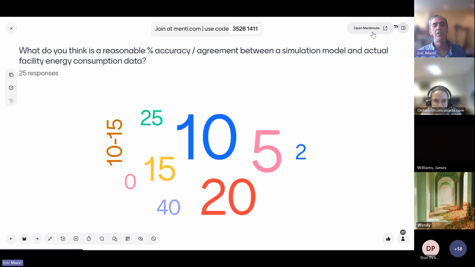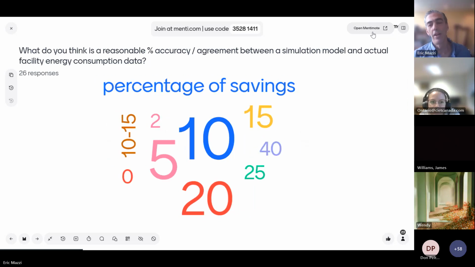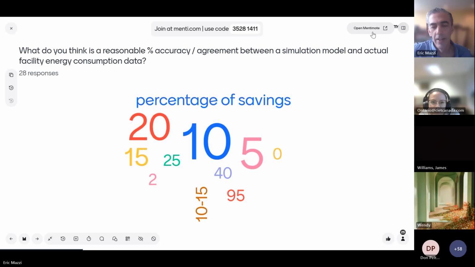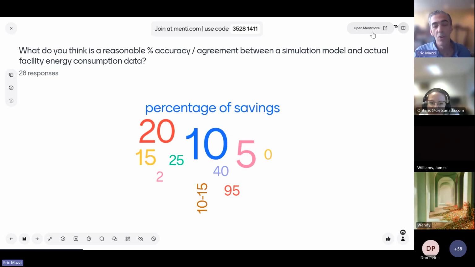Okay, 22 responses. Yeah, or look at percentage of savings. So again, there's no correct answer, if you will, from the standpoint of the standards. I usually go with it really depends on the project, and that really is the best answer. You really need to think about that in terms of, go back to that checklist, like what are the objectives